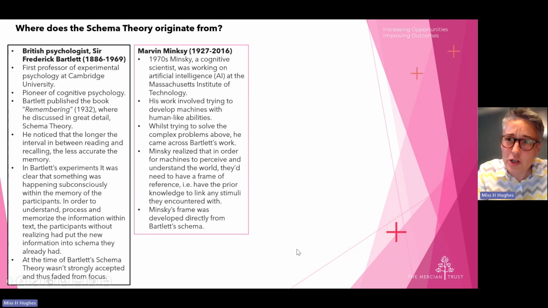So in the 70s, a guy called Marvin Minsky came along. Now, Minsky was actually looking at AI, which is very topical at the moment. He was a cognitive scientist working at MIT, and his work was looking at how machines could be developed to show human-like abilities. And to deal with the complexities of a machine behaving like a human being, he realised, and you'll see the link now to Bartlett,